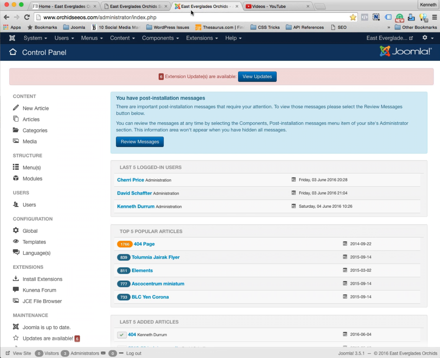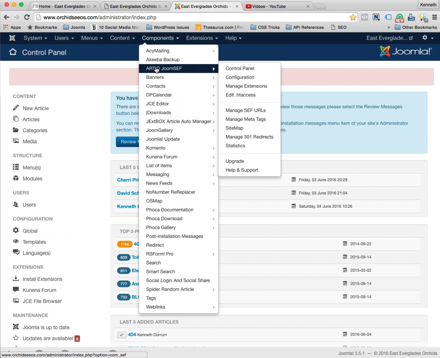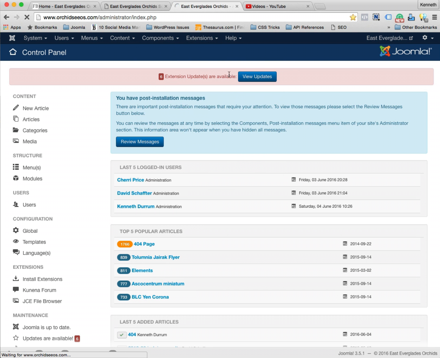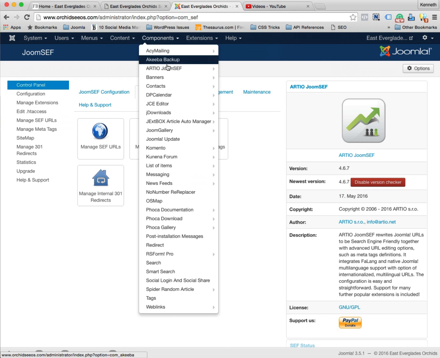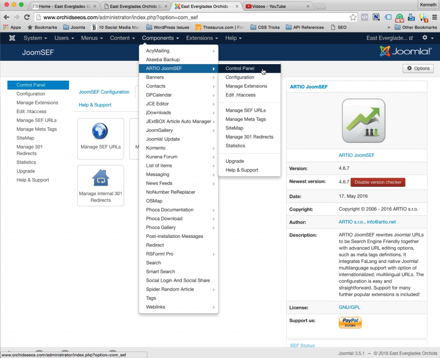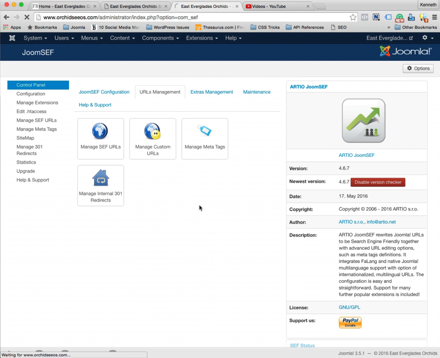I'm going to go to the back end of the website, and on this particular website we have a tool called JoomSEF installed. I'm going to go right into the controller panel of that tool. So again, I want to show you, I went to Components, JoomSEF, Controller Panel, and I've loaded this page. Now I'm going to go ahead and manage my SEF URLs. So I'm going to use this link right here, one single click,